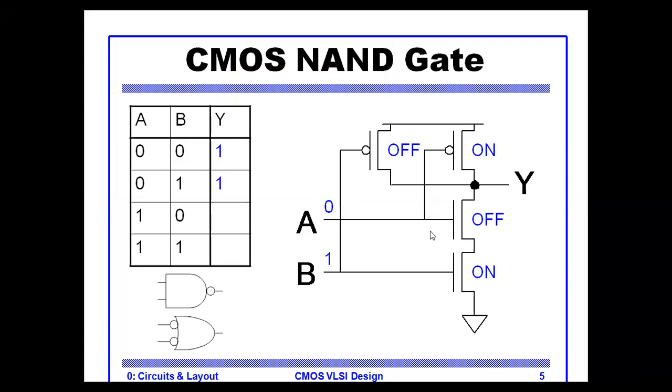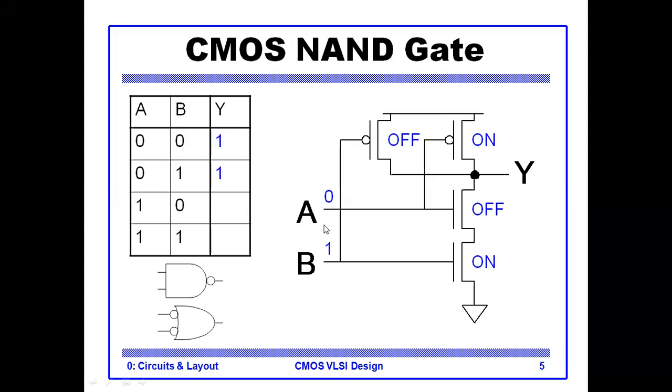Okay. Then the next is exactly the opposite input, that is 1 to the A terminal and 0 to the B. Again, the output is 1 because VDD is connected. From the pull-up network, one of the transistors is on, and in the series, only one transistor is on and one is off. That's why the output is 1, because VDD will appear across the Y terminal.